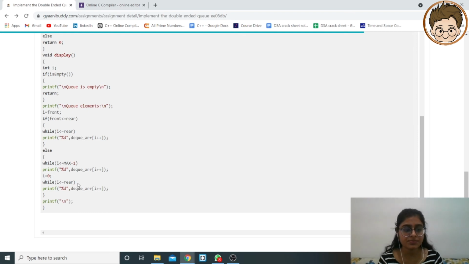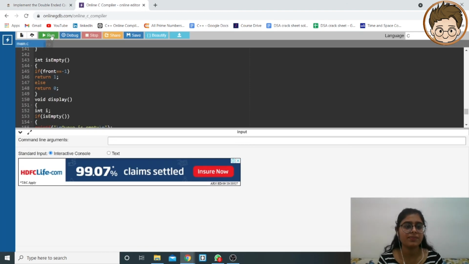And here, then again we are traversing from I to the rear position and printing all the elements. So in this way, we will be able to cover all the cases and print all the elements. I hope you have understood this problem. Let's see the execution of this.